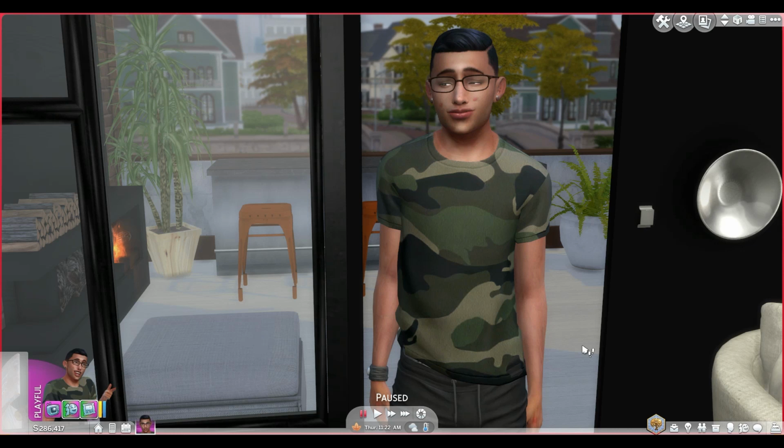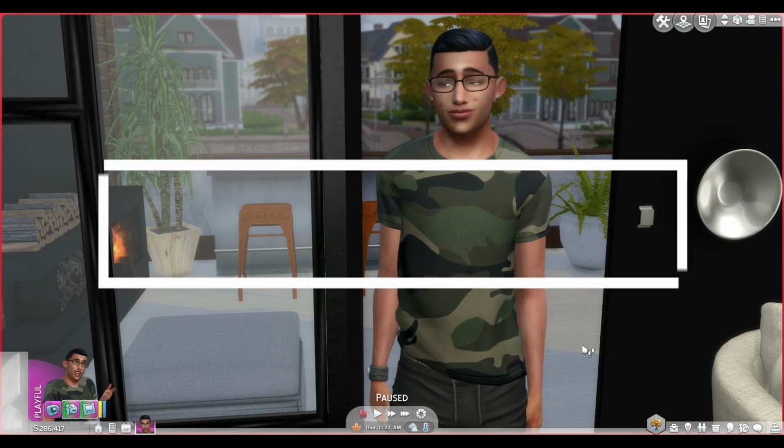Hey, it's Wicked Pixel with over 20 mods you can use to create realistic romantic relationships. Each mod is optional, so pick only the ones that you want, but these mods will allow your sim to make a good first impression or create a fake personality, fine-tune their likes and dislikes in a romantic partner,